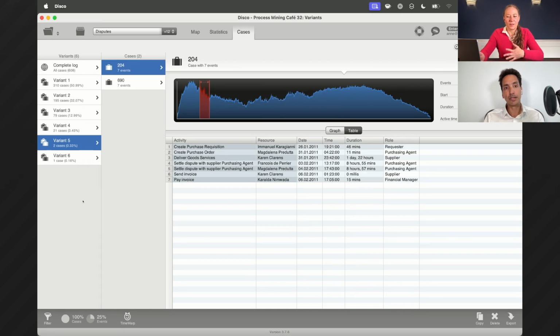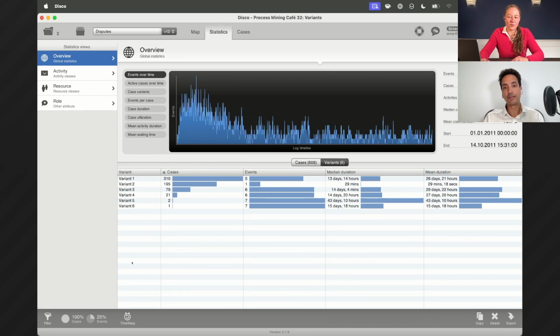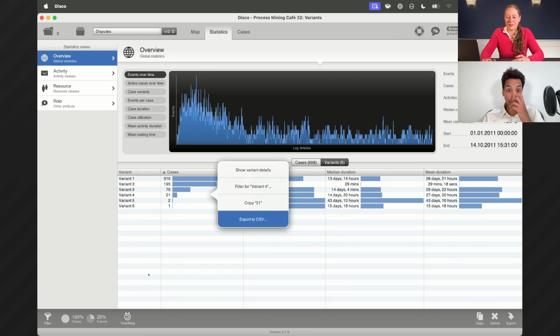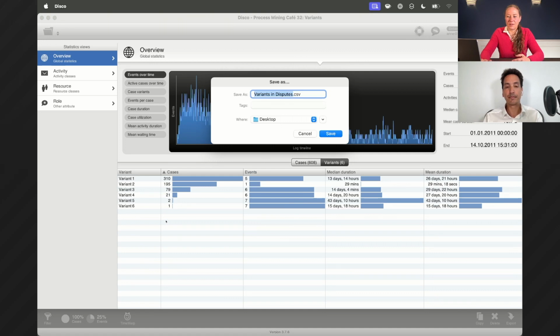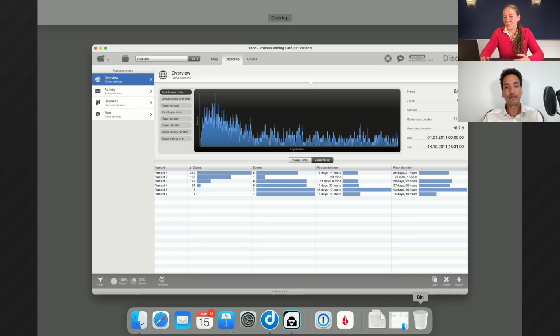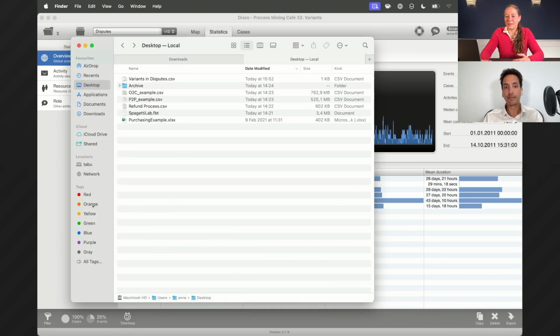Here we have 2 and see different incarnations of this same behavior. But what may also be interesting or good for you to know is that you can also export these statistics, right? So for example, if you want to share them with the manager for this process who's responsible, who wants to see this. So any table in Disco, if you click on it, you can say export to CSV, and then you can export here on the desktop, for example, variants in disputes, and then if I go there, for example, here I can